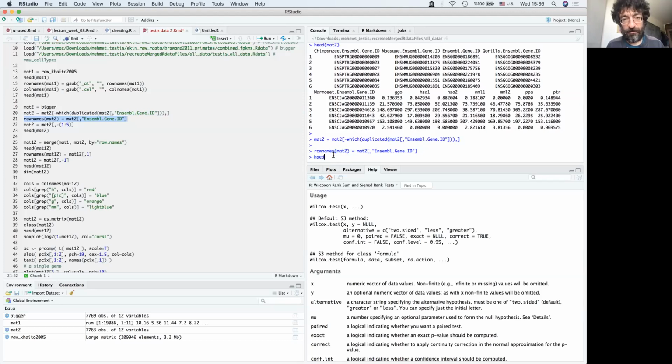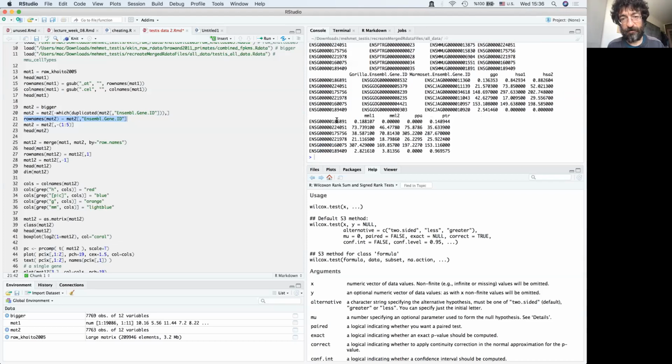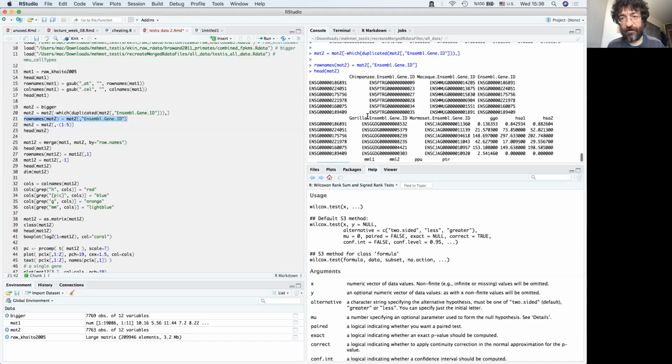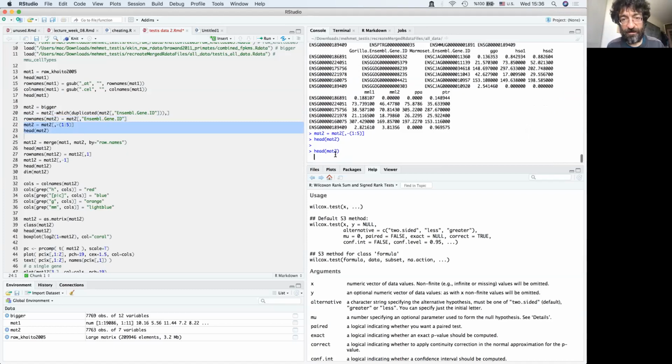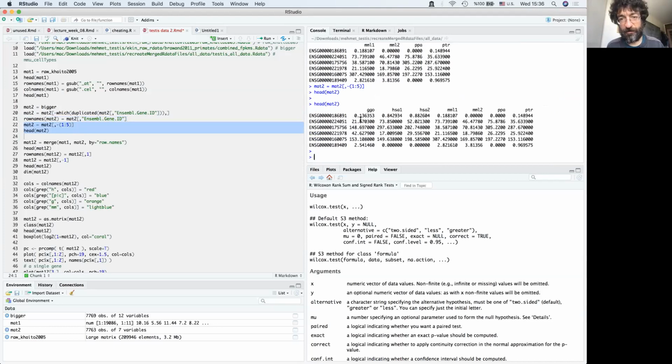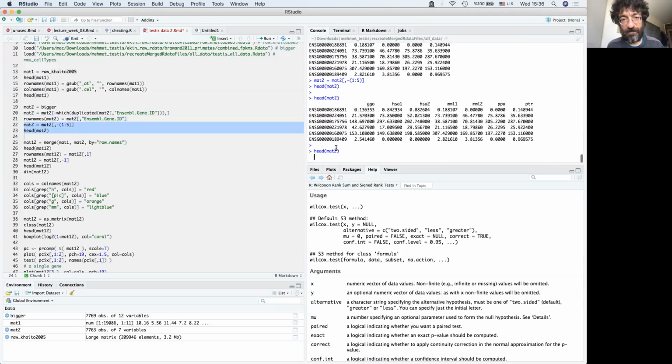So now it looks like this. Now I have my row names here, and the last step is to get rid of these 1, 2, 3, 4, 5 columns. I do that. Check my matrix again. Sorry, here it doesn't work because this is markdown. Anyway, okay, it's in the format I need, and let me also check the dimensions.